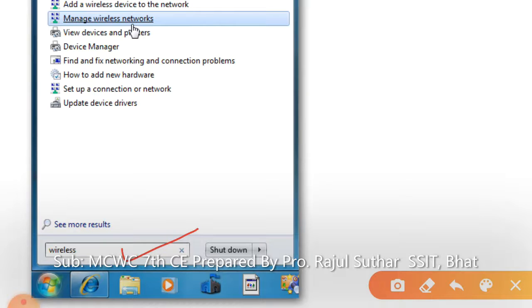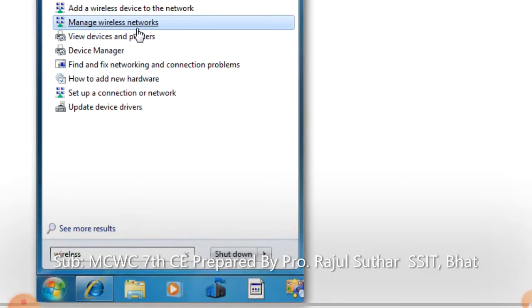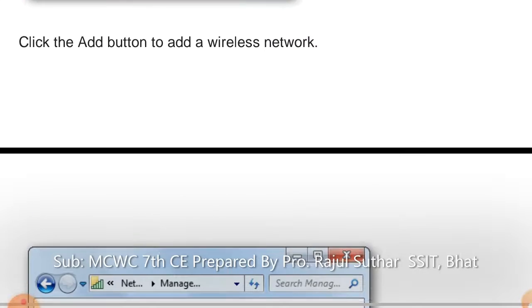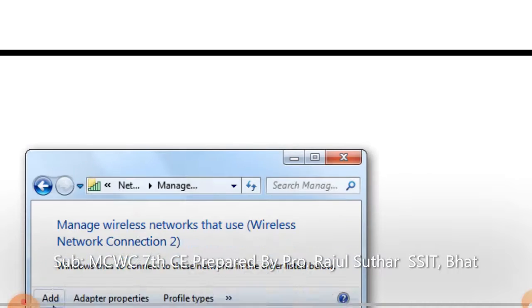Type the word wireless, and you get manage wireless networks. Then click the add button to add a wireless network.